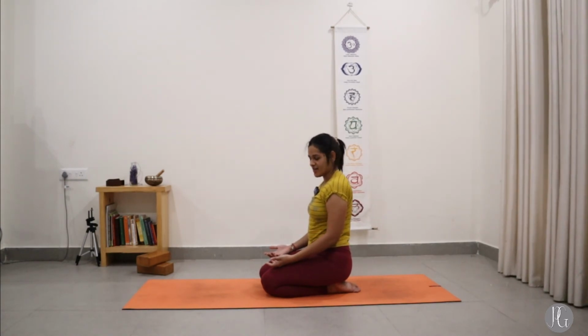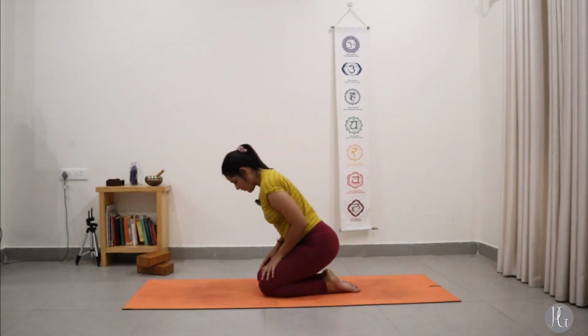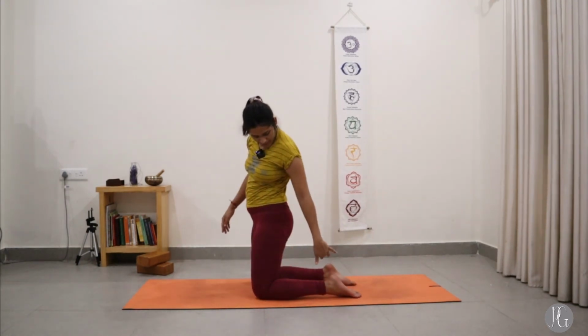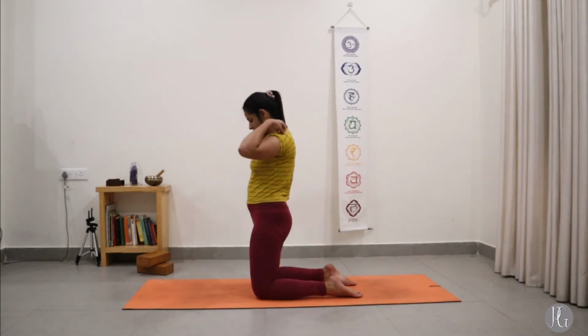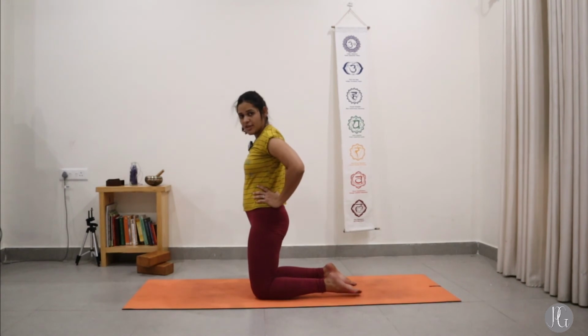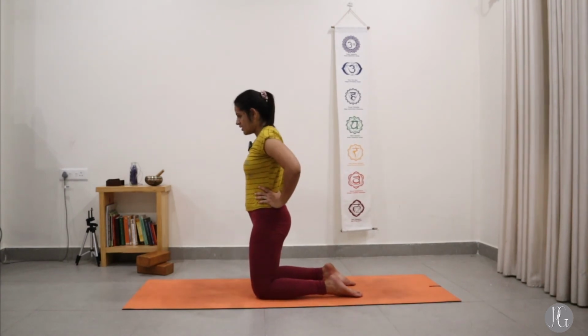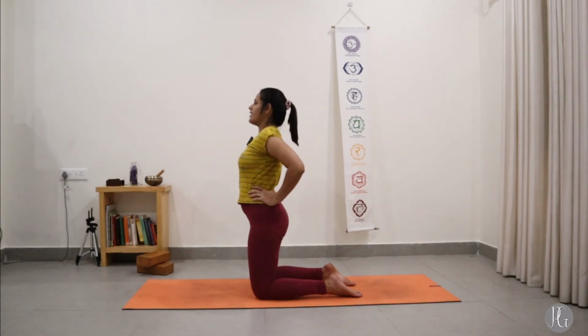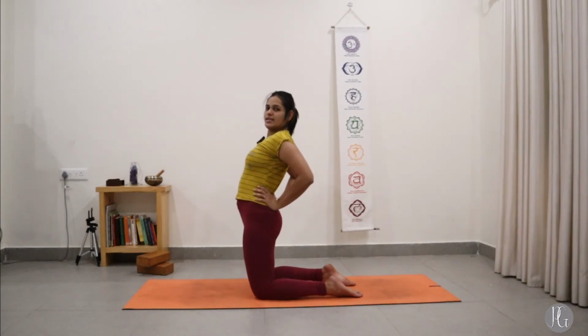Now let's stretch our core a little bit. So coming up on your knees, opening your knees hip width apart, your toes pointed back. Now from here, grab your waist with both of your hands. Now with the inhale, keep lengthening your spine up. Inhale, lengthen, and with the exhale,